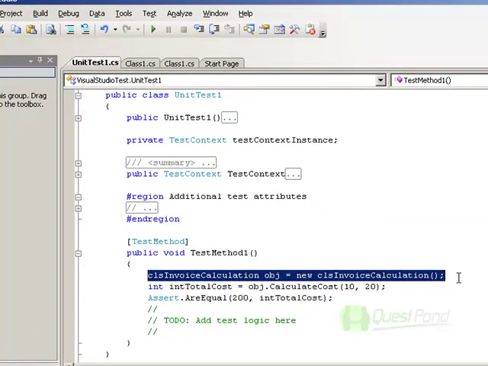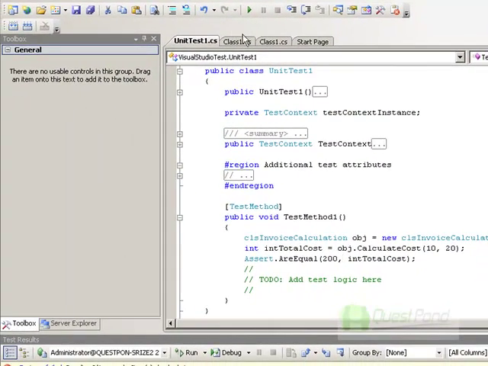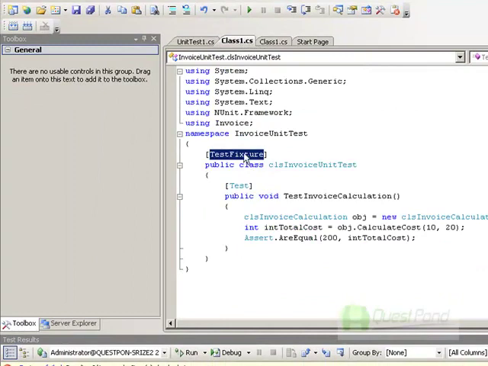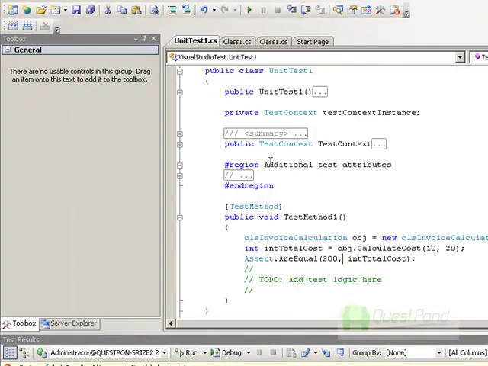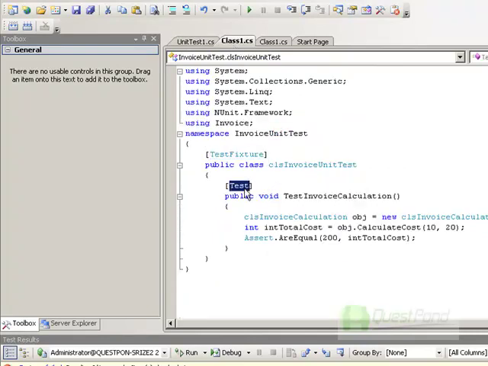You can also see that we have created our CLS invoice calculation class here. We have created an object of the CLS invoice calculation class, and we have passed it 10 and 20, and we are expecting 200 as the output. The Assert.AreEqual command remains the same as we had for unit testing in NUnit. If you compare this with NUnit, in NUnit we were using TestFixture, while in Visual Studio unit testing we are using TestClass. In NUnit we used the Test attribute to attribute our